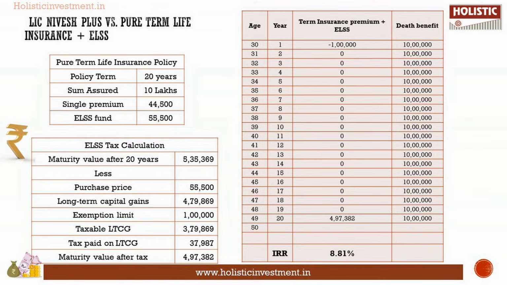In this alternate arrangement, you get life cover, participation in the market, and tax benefit. Also, the returns from this alternate investment is more than the inflation rate. That means that with this accumulated fund value, you can easily meet the inflated cost of your goals. Under LIC Nivesh Plus plan, you may fall short of your goals. Please make a note of one more important point. In the budget 2021, the government announced that proceeds from ULIP shall be taxable if the annual premium exceeds 2.5 lakh in any year of the term of the policy.